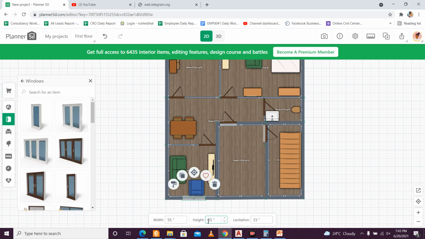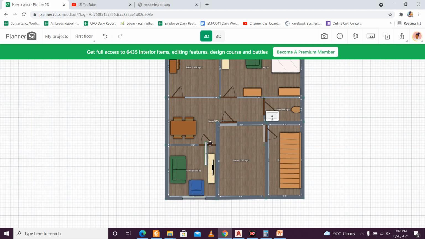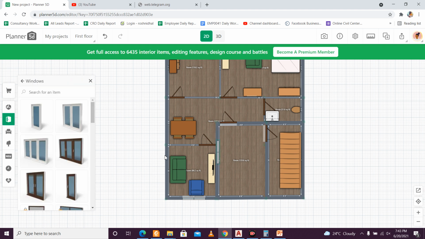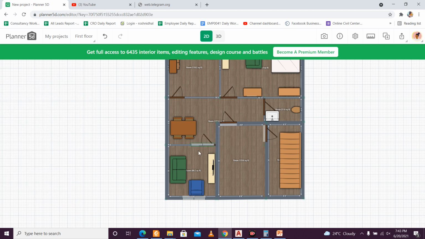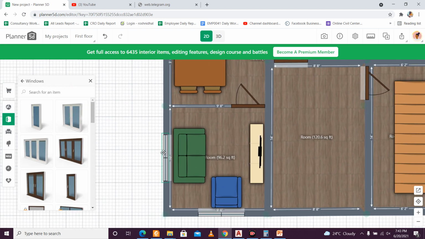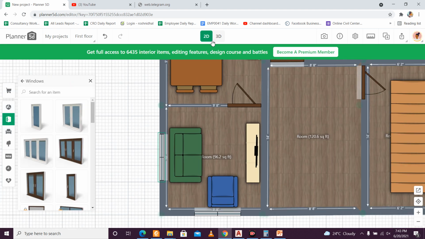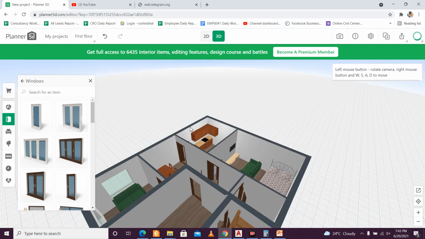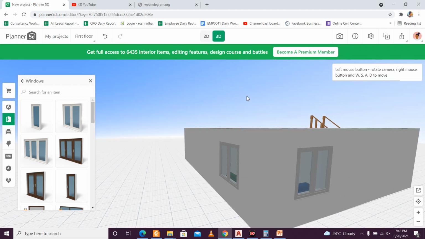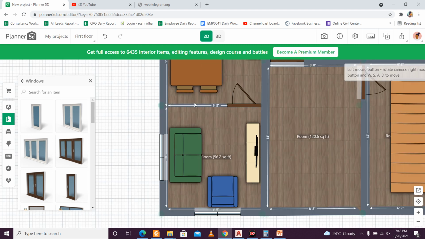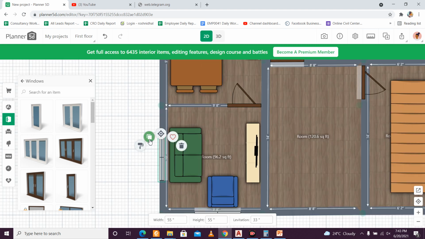You can control the height of the window, like 3 feet, 4 feet, 5 feet, you can do anything. I'm just going to copy this and use, not here, I want one here. How can I look whether I've provided the window in the right direction or not? Okay, I think they automatically adjust to the right direction, so I don't have to worry about it.